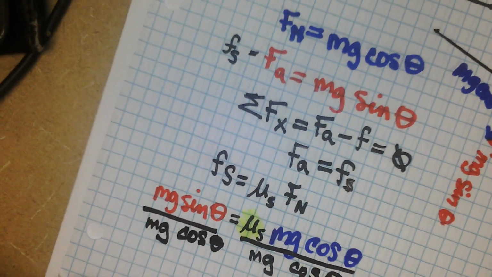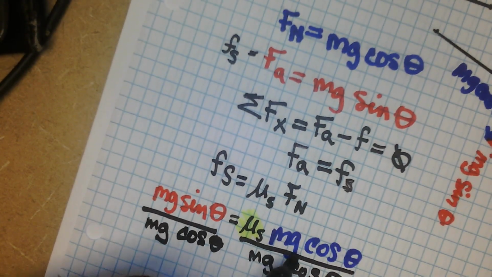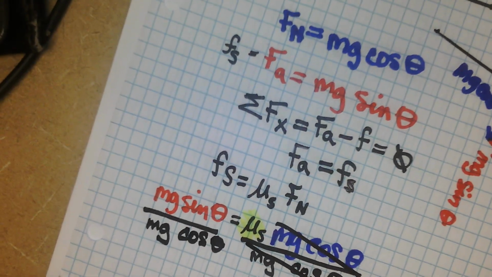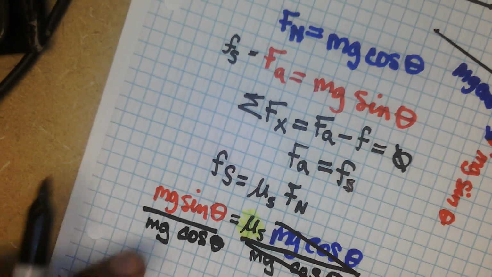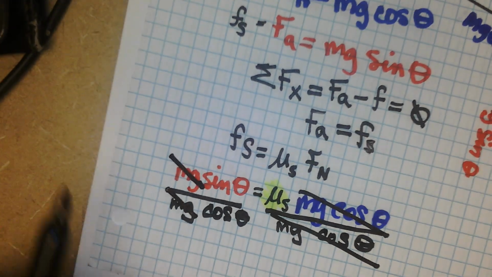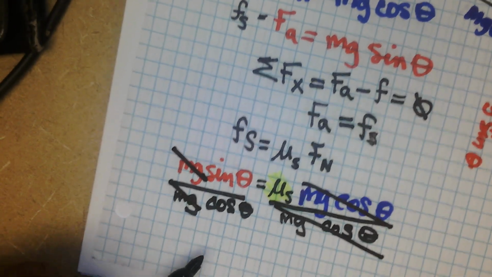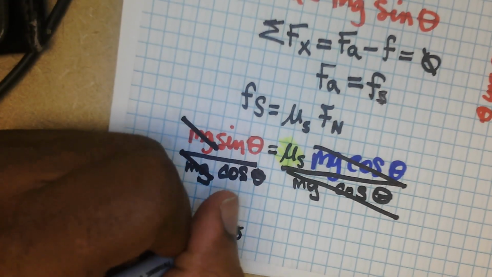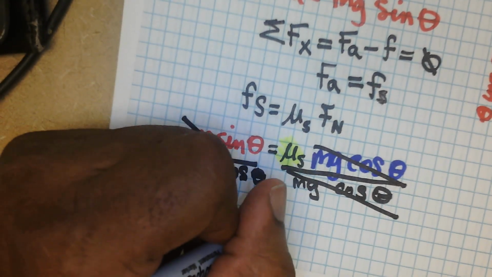Now, here, mg cosine theta cancels out with mg cosine theta. Here, luckily, mg cancels out with mg. So we get mu s equals sine theta